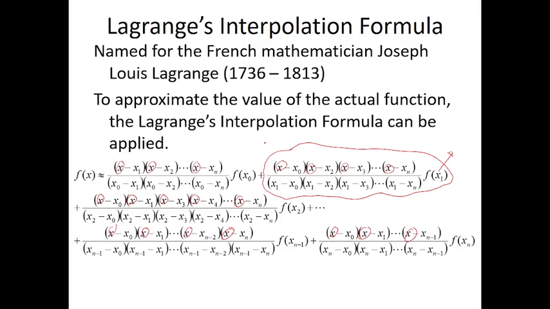Now, in this case, since this is x sub 1, when it comes to the denominator, we replace x by x sub 1. Because this is x sub 0 in the first term, x is replaced by x sub 0. Likewise, if this is x sub 1, all x values will be replaced by x sub 1 values. And take note,